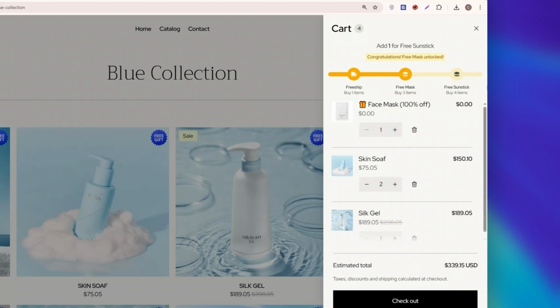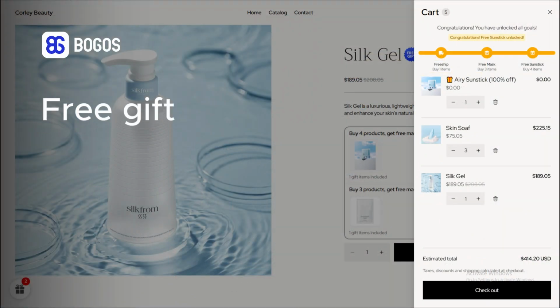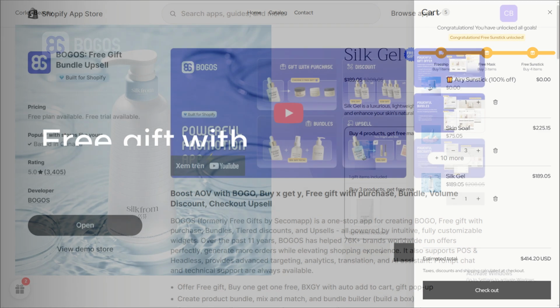Smooth and not very pushy. That's exactly the experience we're going for. That's it. You now know how to add a free gift based on cart quantity using the BOGOS Free Gift